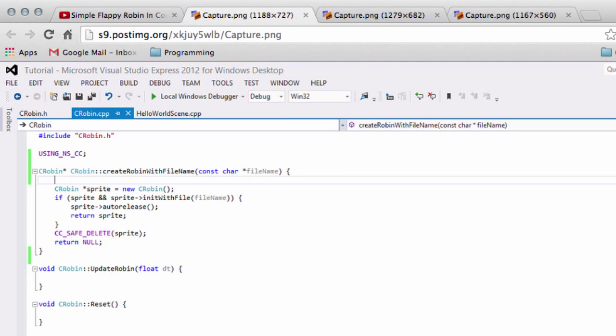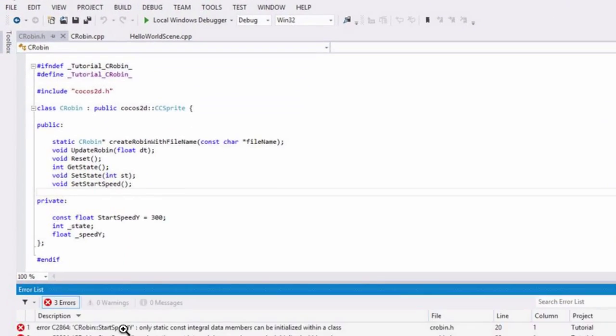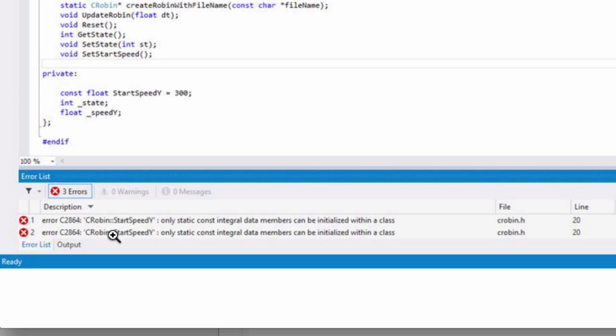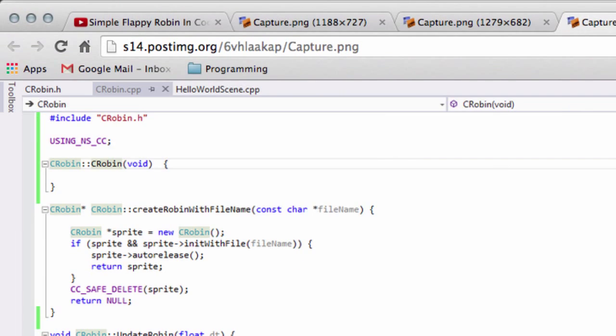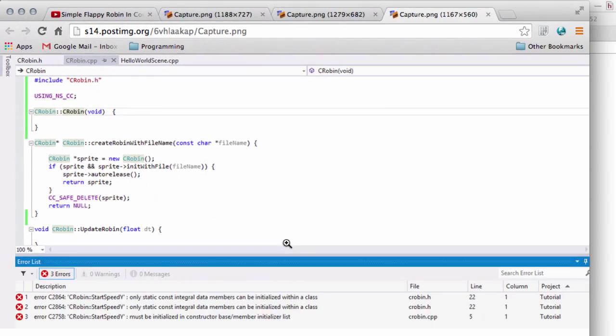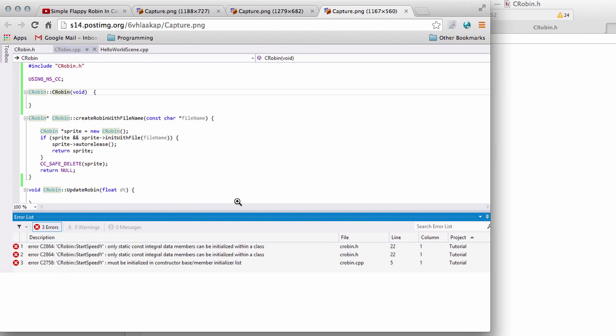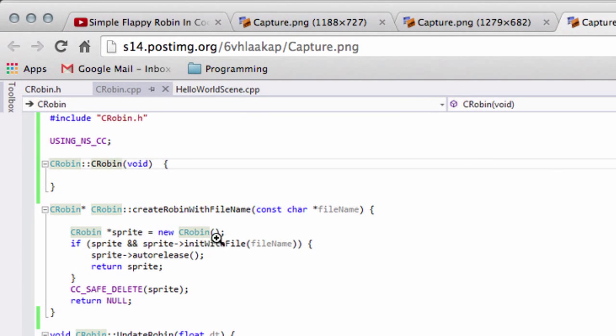One of them's here. Let us find a better one. Here it is, with the error down here about initializing the constant here, the start speed y. And unfortunately I can't find the other screenshot. I thought there was one in the comment section where it was basically saying there was an error with the constructor, saying there was a problem with this line here. So I'm just going to talk through those two problems, and I'm also in this video going to go through